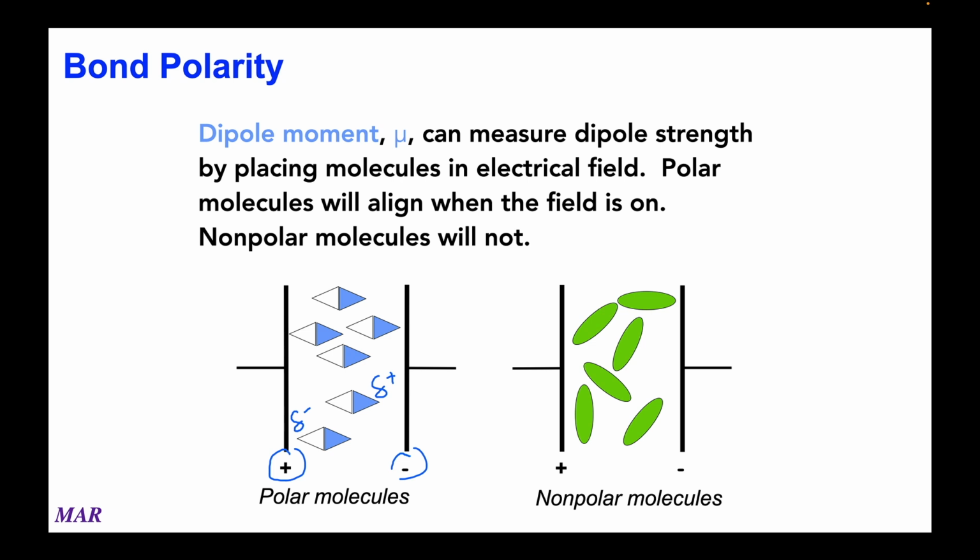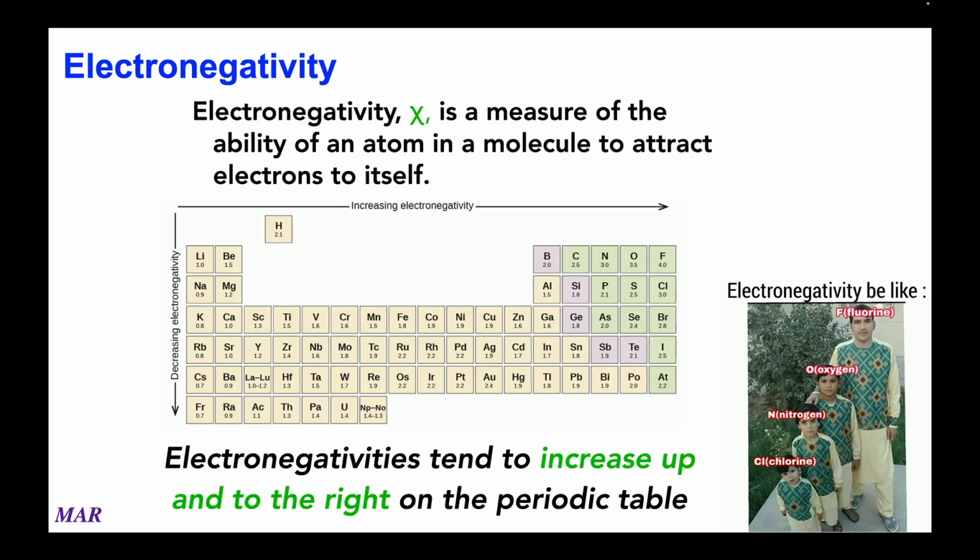If you see this little symbol, this is mu. It's a Greek letter. This is actually a measurable amount of dipole. It's usually measured in something called a debye. You don't need to worry about that, but people can measure how polar molecules are, and it's kind of cool. If you're curious how polar an atom can be, it's definitely something that can be figured out, and it's figured